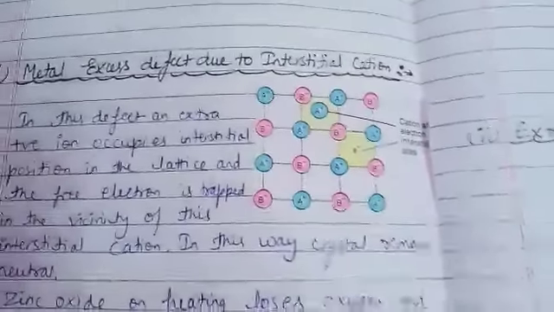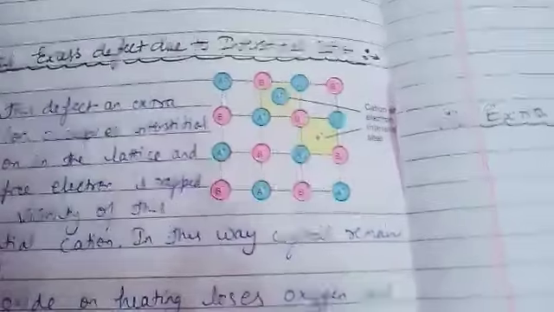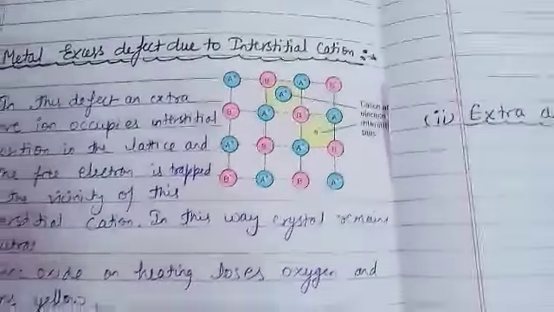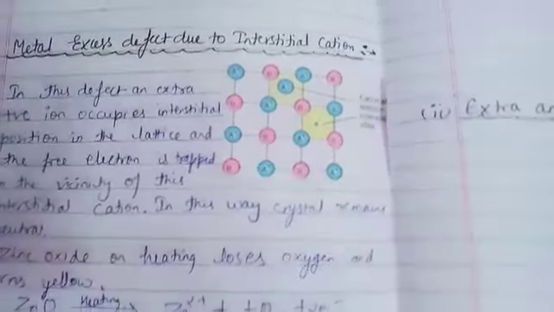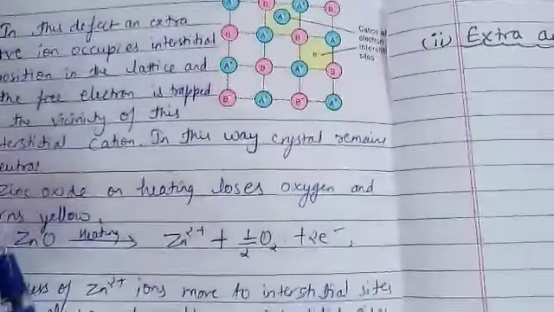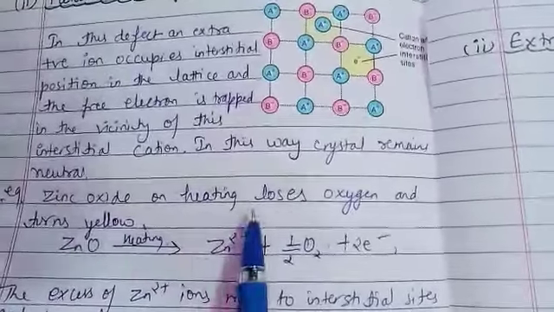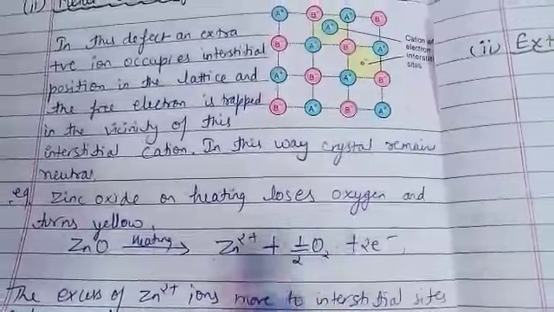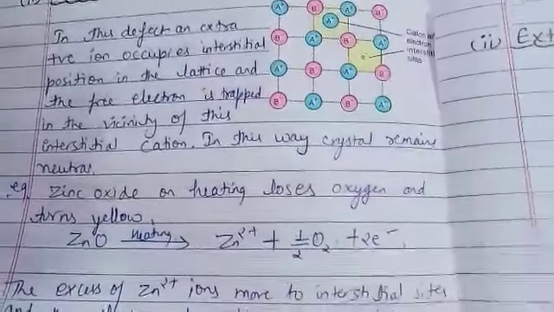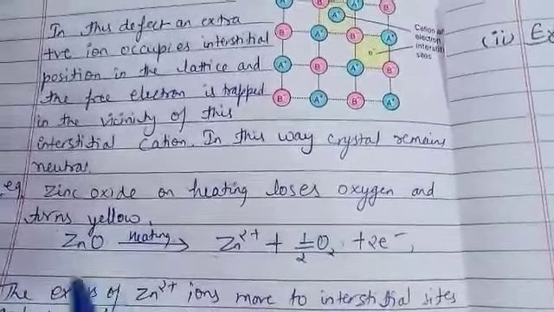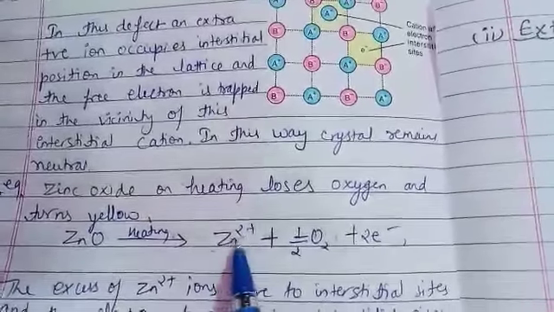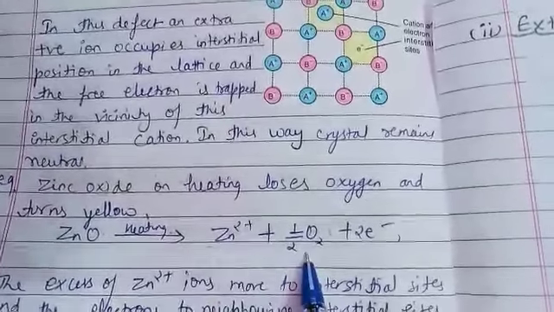So this one is metal excess defect due to interstitial cation. Now this is generally when we heat. You can take one example: zinc oxide on heating loses oxygen and turns yellow. When we heat ZnO, that is zinc oxide, then Zn2+ plus oxygen is formed